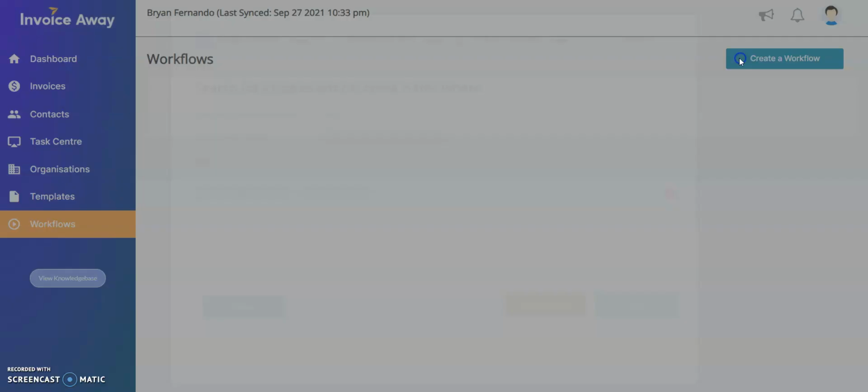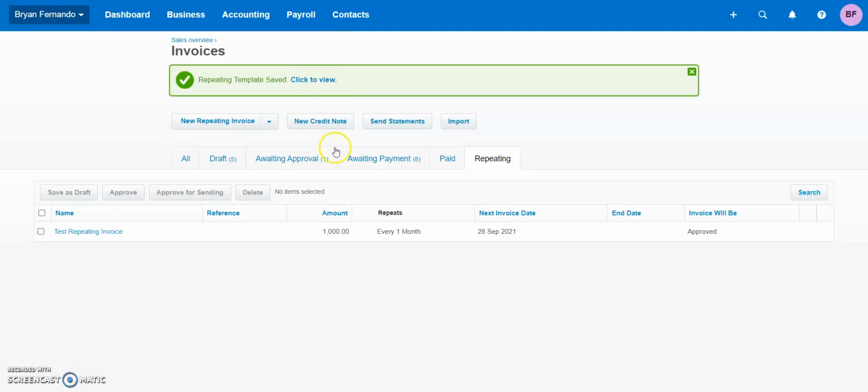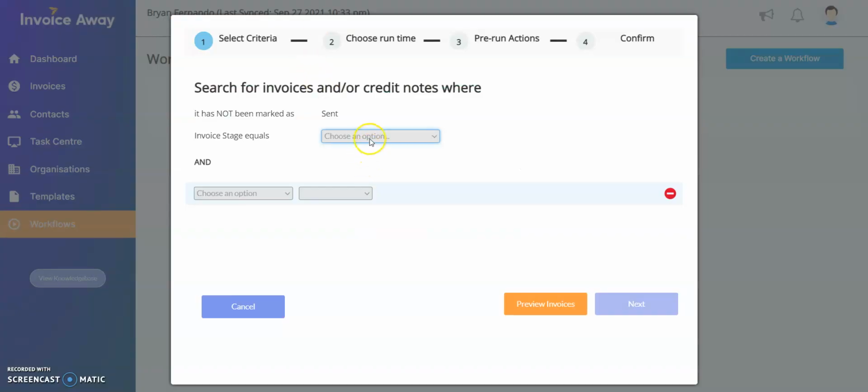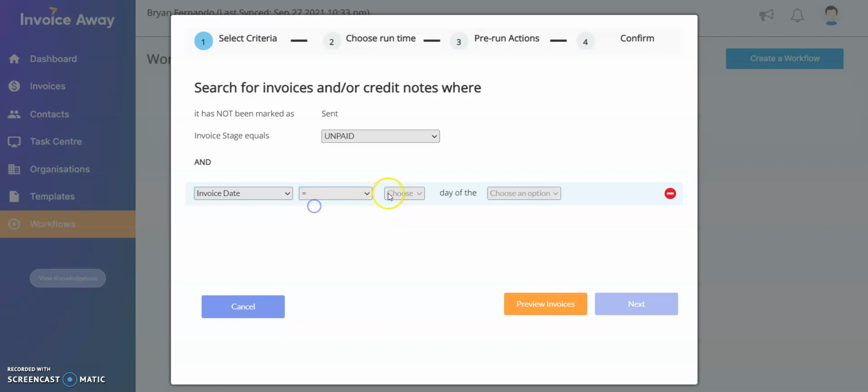So we're going to create a workflow. We're going to search for invoices that have not been marked as sent, which would be the case because you're only approving the invoice, you're not sending it. And we're going to say our invoice stage is equal to unpaid. And we're going to say the invoice date is equal to 28